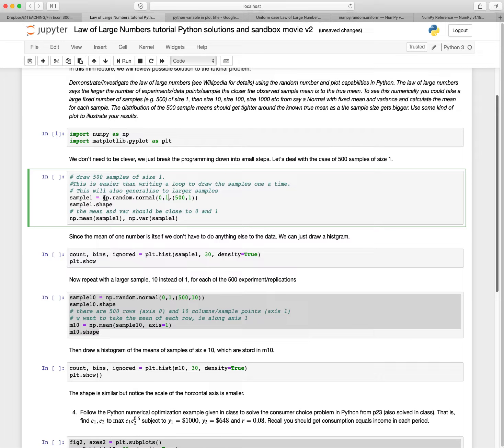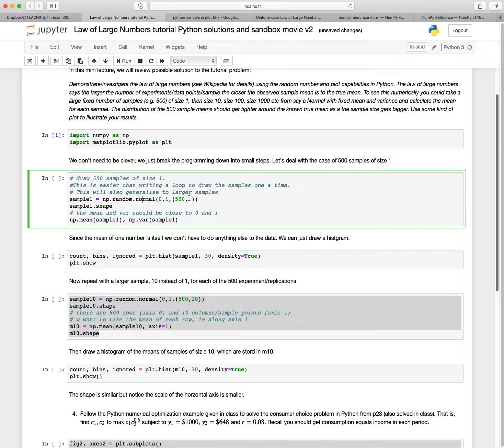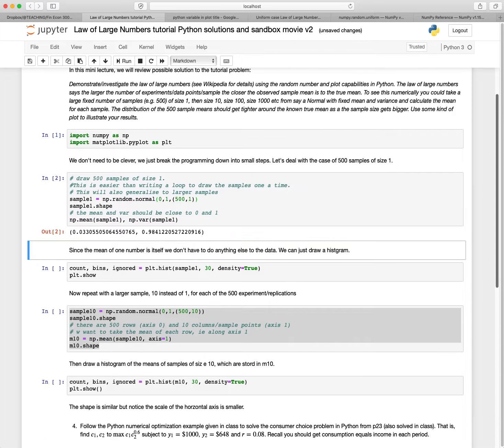And this is our random number generator, np.random with the normal option. If we wanted a different distribution, there are different ones available in that package. So we're going to generate random numbers from a distribution with a mean of 0 and a variance of 1, and then we're going to draw 500 replications, or 500 experiments, and each experiment will have just one number in it. So that will produce an array, sample 1, which will be 500 by 1, or at least that's what we hope. So let's do that and